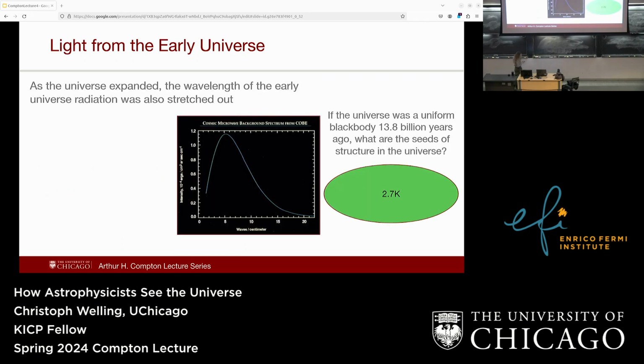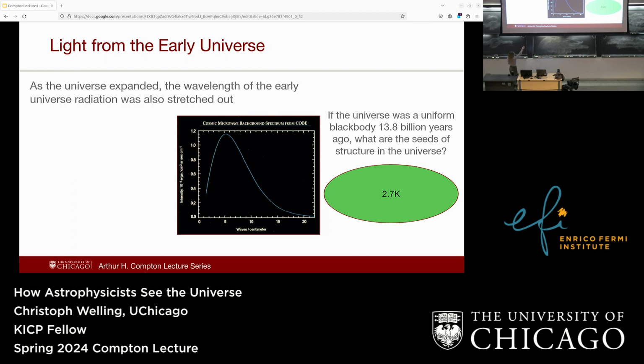Okay, so what is this? What are the features of this signal? So let's give it a name. I'll refer to this as the cosmic microwave background. That is the thermal relic of the Big Bang predicted by Bob Dicke's group. Based on what we know about abundances of elements and features of the universe, we can put constraints on what we would expect the signal to look like. And this was basically what was predicted.